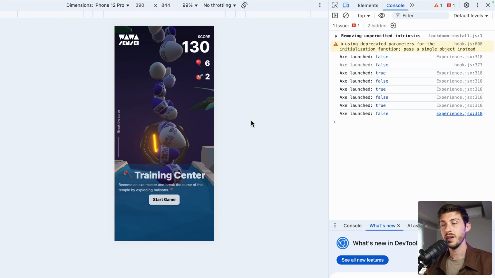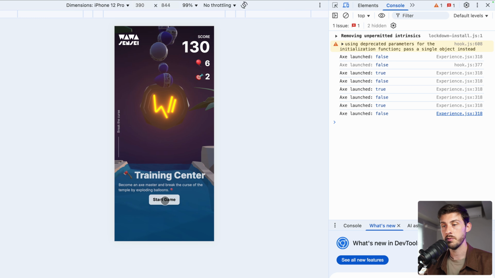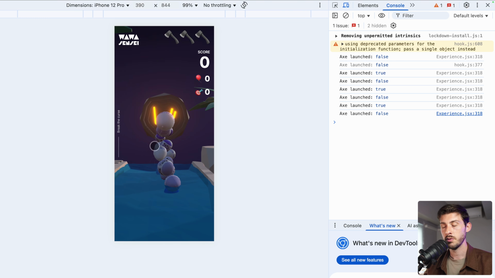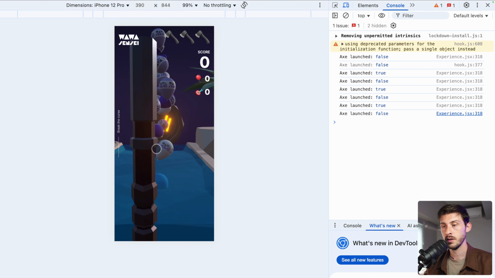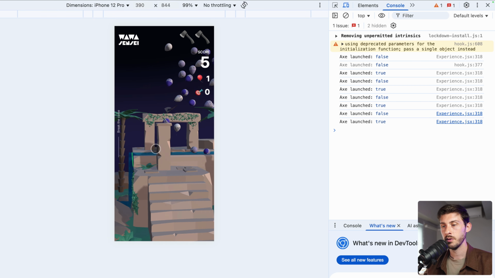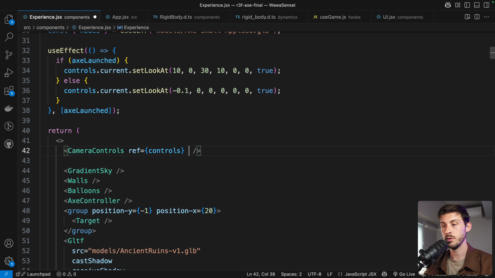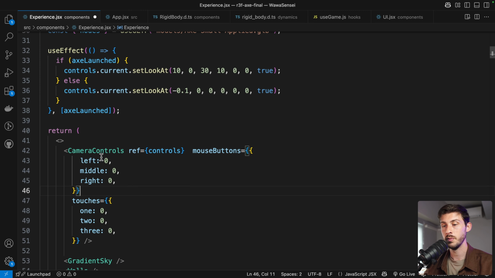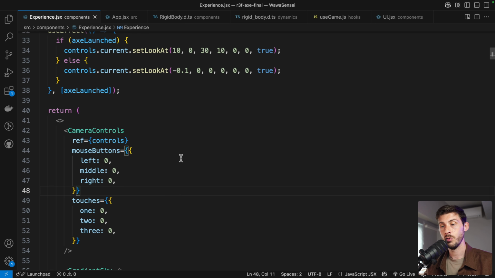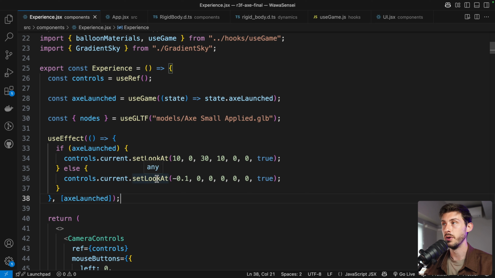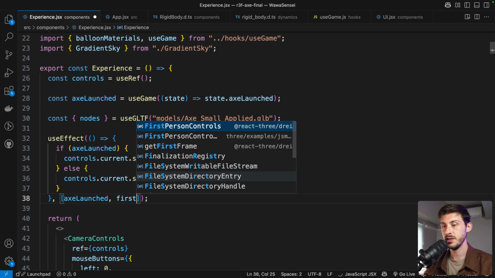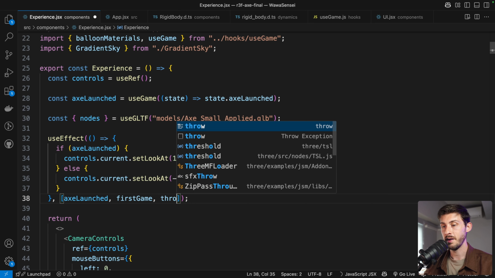Perfect. One last thing is to adjust the camera for mobile game, because from here it's fine. Oh, we also need to lock the camera. But here we can see the target. First, we can disable camera controls by setting the mouse button and touches to 0. This way they won't perform any actions. And we can adjust more our camera. First of all, we can adjust it also if it's the first game or